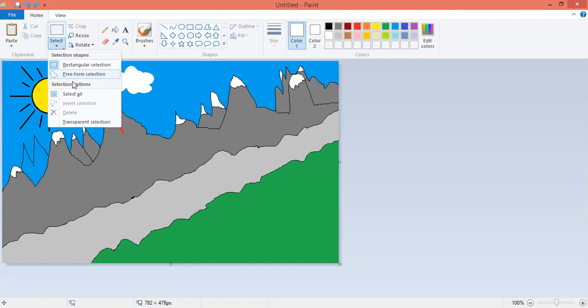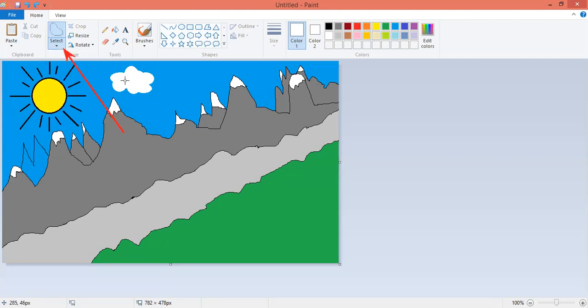I click on free form. Now my mouse is converted into a plus sign. Now if you see, I can draw, and it shows some lines as I press my mouse.